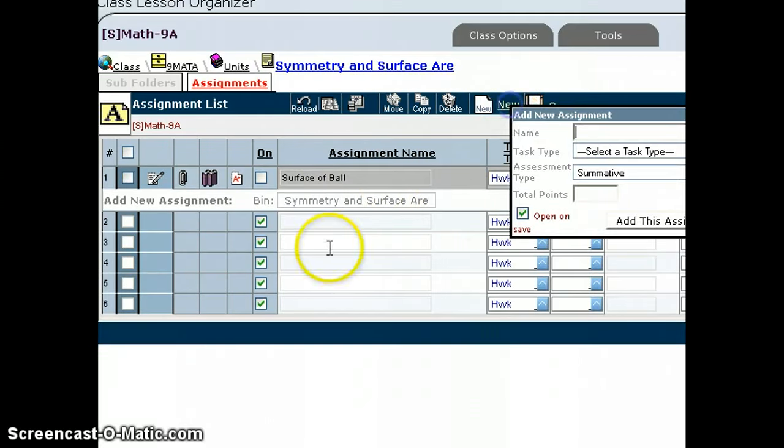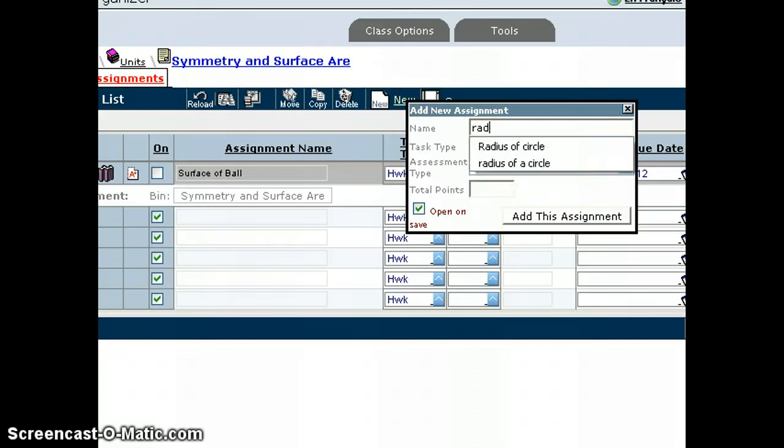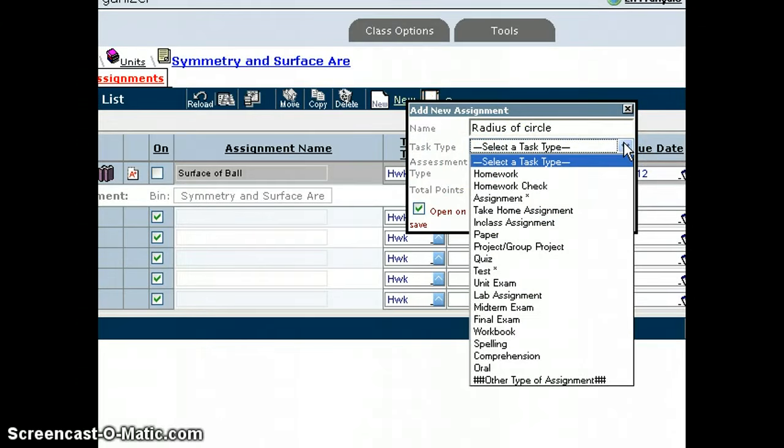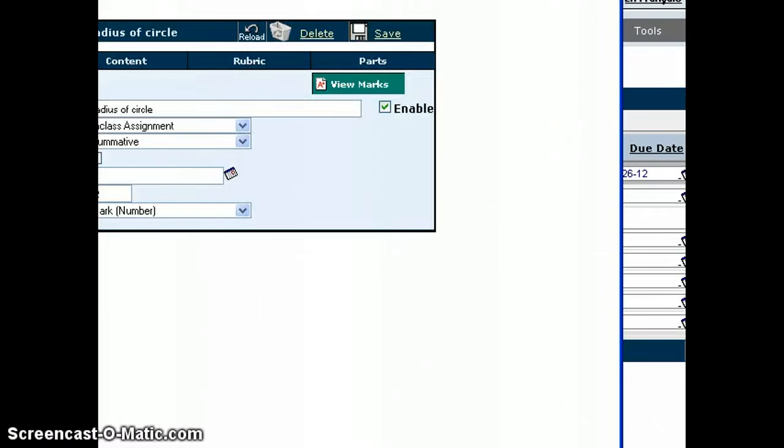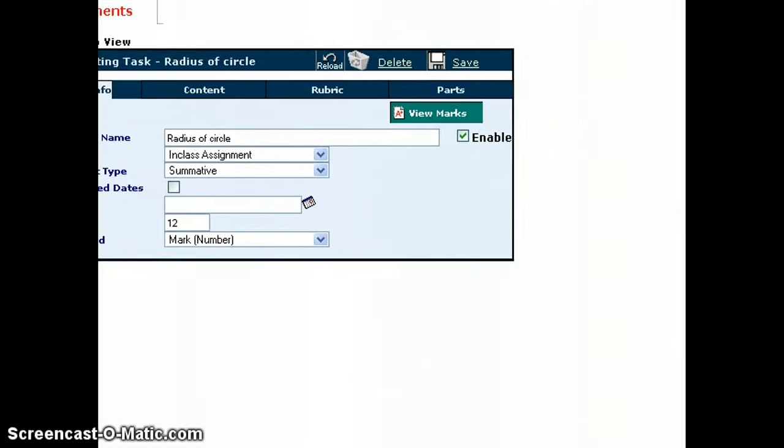So from the top menu here, clicking on New, I give it a name, and this is going to be radius of a ball, of a circle. It's a summative type of assessment, and I can choose what kind of task type it is. In this case, it doesn't really matter. We're going to put it as an in-class assignment and give it a total weight out of 12. Going to add this assignment now to the lesson class organizer,